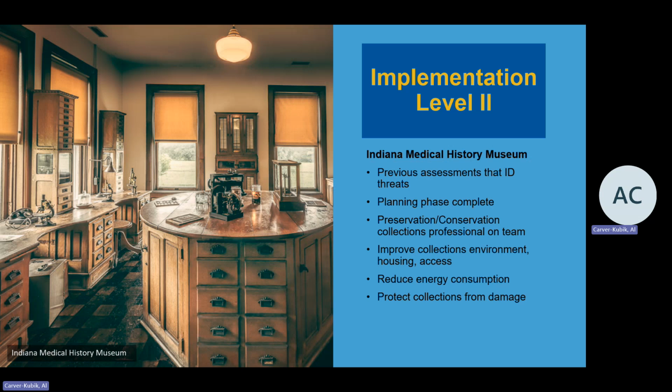An example of a successful Implementation Level 2 project comes from the Indiana Medical History Museum. This multifaceted project is to preserve the visual collections consisting of 500 objects. Through collections and building assessments, the museum identified proper preservation storage conditions as a chief need. Subsequent planning work by a multidisciplinary team of conservators, contractors, historic preservation professionals, and archivists established a plan to preserve